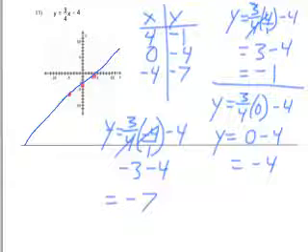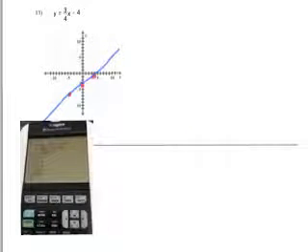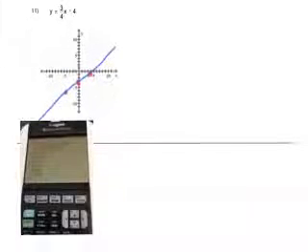Now, of course, we could have done all these on the graphing calculator, right? So why don't we show that? So the first thing we do is we go to this y equals, and we see all the y's, and we put in our equation, 3/4 x minus 4. And you have to put parentheses around the 3/4. It seems to work okay. Some calculators you do have to put the parentheses around it, and for some situations. So if it doesn't work this way, you put parentheses around it, right? Okay, so once we have that,